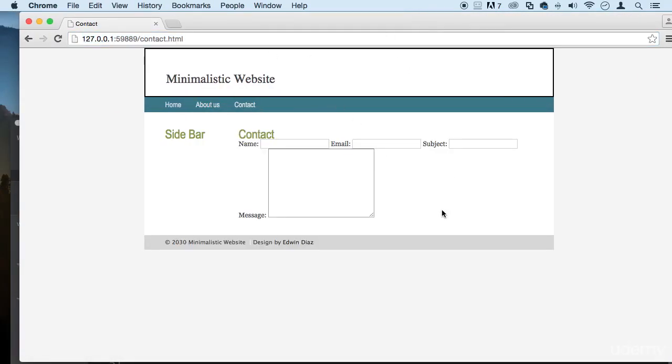Contact. Okay, it looks messy. We need to work it. We need to make sure that it looks good. We need to style it. If you want to go ahead and start styling it, it's up to you. I'm going to leave you that as homework, but on the next lecture I'm going to start styling it,